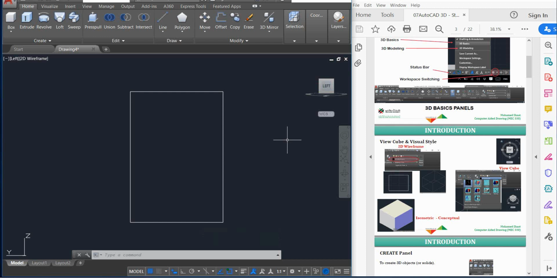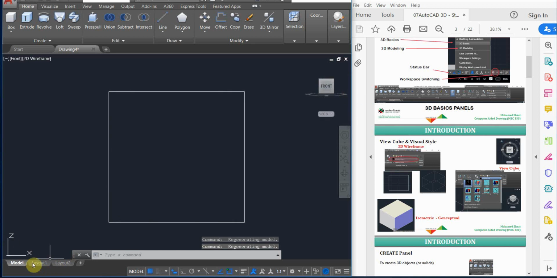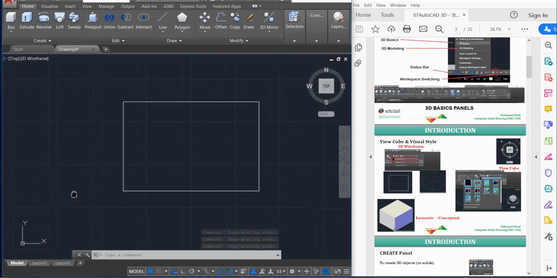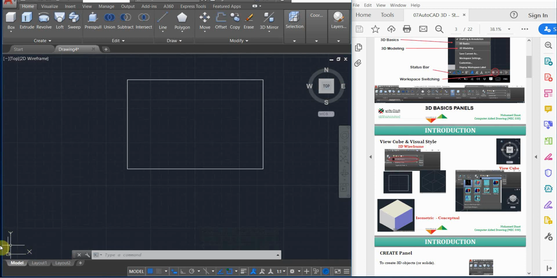But as you can see, all of these angles are different 2-dimensional sketches. Like YZ, this is the YZ plane. If I press on this one, I'm moving to another plane, like the XZ plane. If I press on this one, I'm moving back to the XY plane. Make sense? Another thing that you can observe is the UCS,